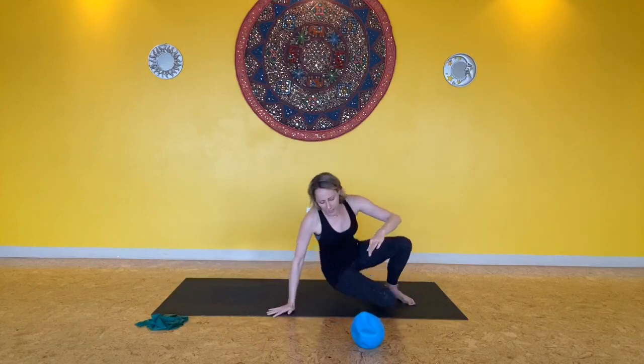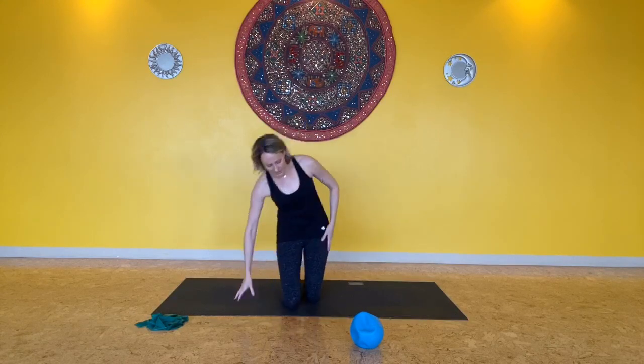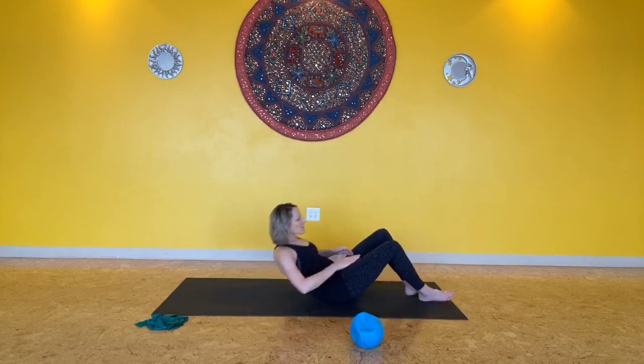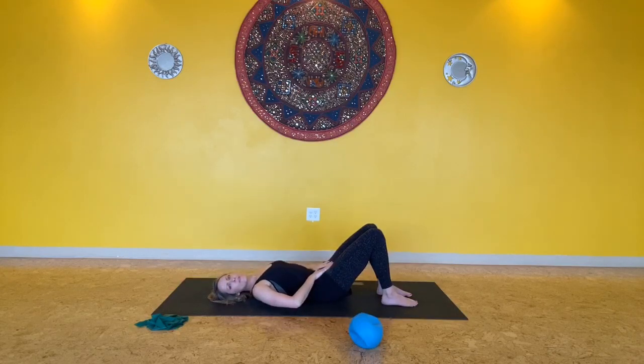So if you were looking at me from the top, you would see that I truly have my fingertips down on that pubic bone, and my hands are really on those little sticky out hip bones. So if that triangle is flat and parallel to the ceiling here, we would call that a neutral pelvis or a neutral lumbar spine. If the tip of the triangle points up towards the ceiling and we rock the pelvis, the low back then comes down to the mat. The pubic bone and the tailbone are pointing up towards the ceiling,